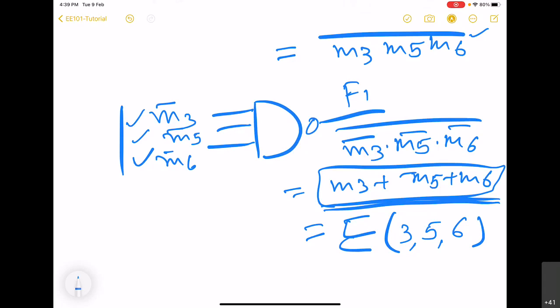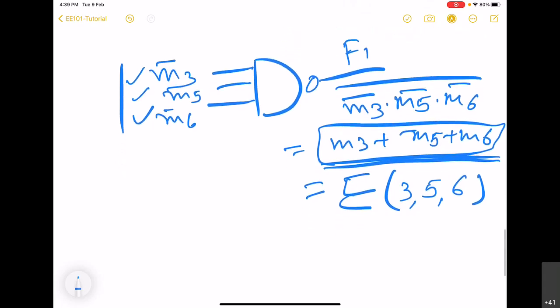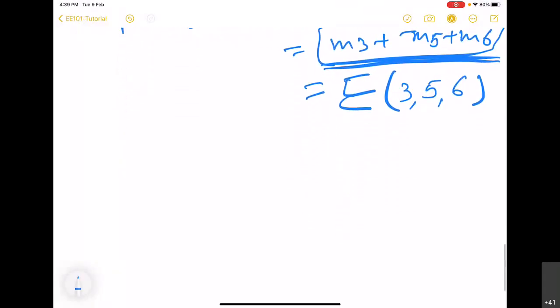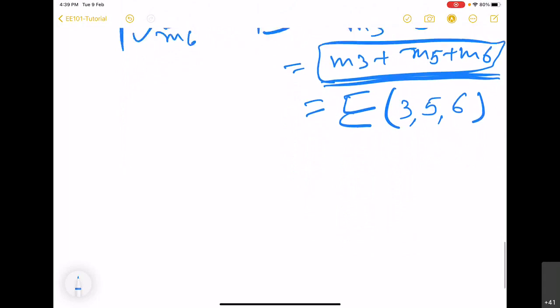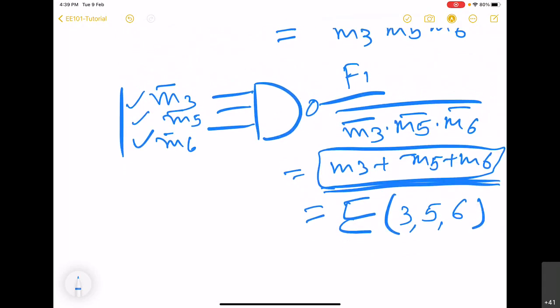So what about F2? For F2, you will of course extend this idea. You simply pick the suitable M outputs from the decoder and give them to a NAND gate, and that's it. Those suitable outputs are decided by the minterms present in the function expression given. So this is for function 1.